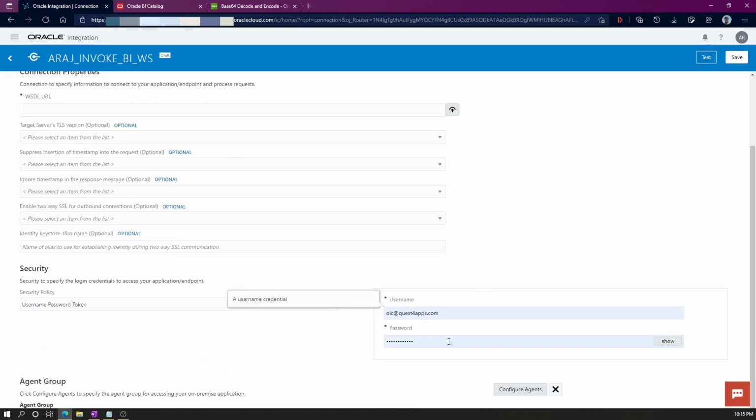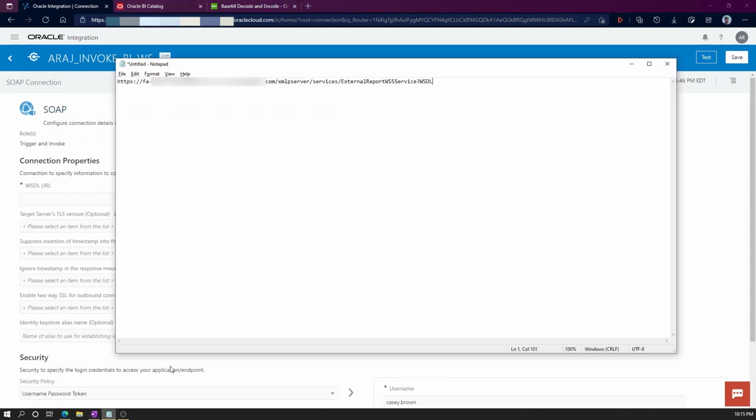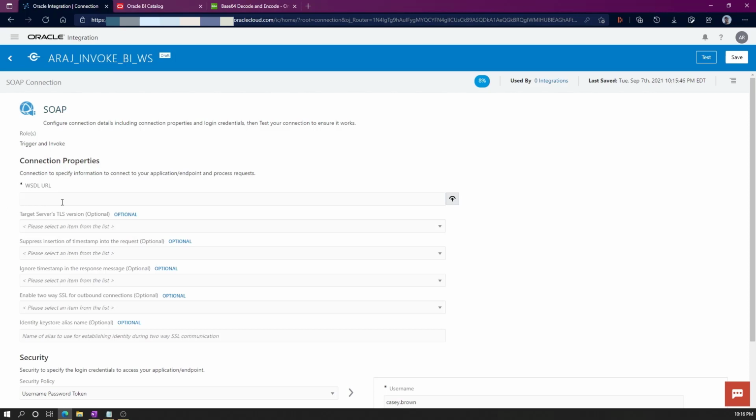I'm going to first give the username and password. Then I'm going to copy the WSDL URL. So this is the WSDL URL. And this is the web service that we're going to use, external report WSS service. Right, let's click on save,